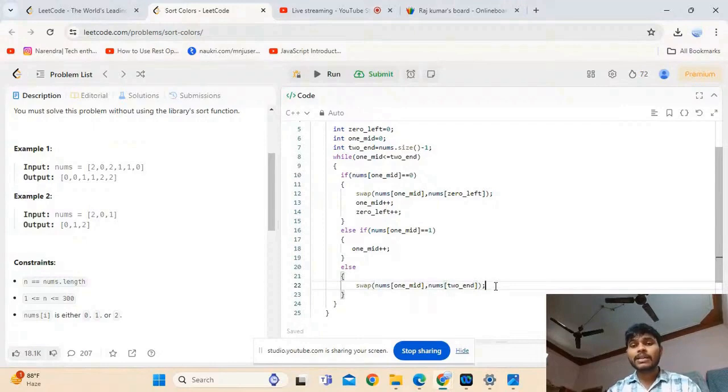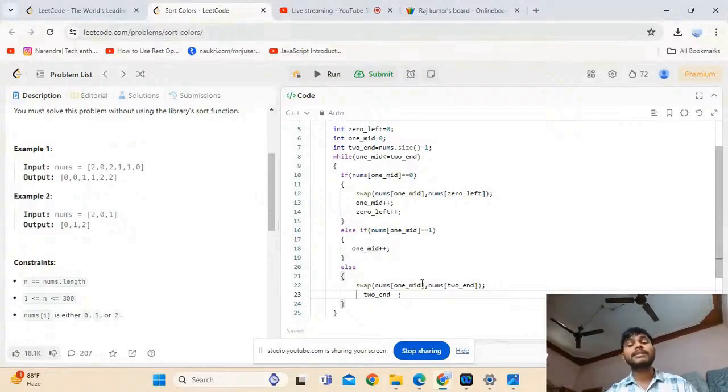Here guys, 2 end is there, right? So I have to decrease 2 end, because that position is swapped with 2. The 2 has gone to the end side, so decrease here, but we are not incrementing here